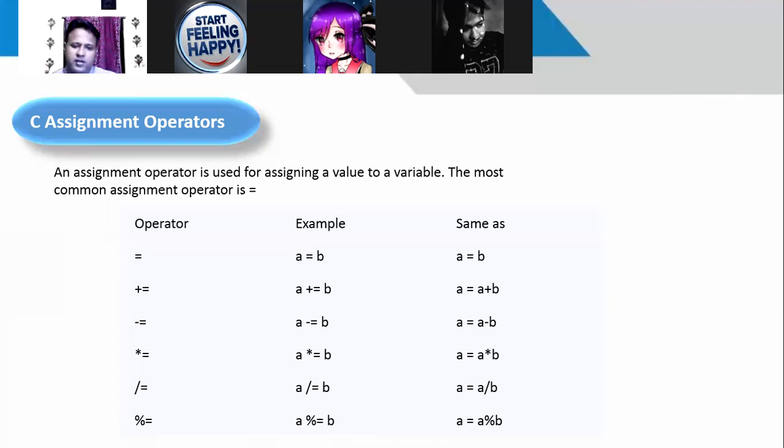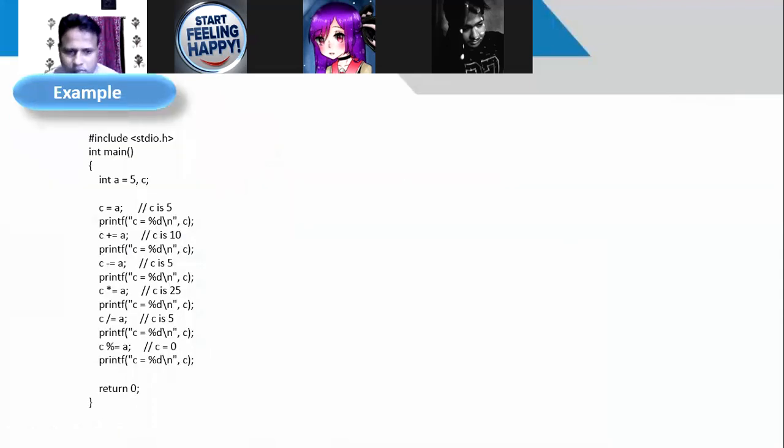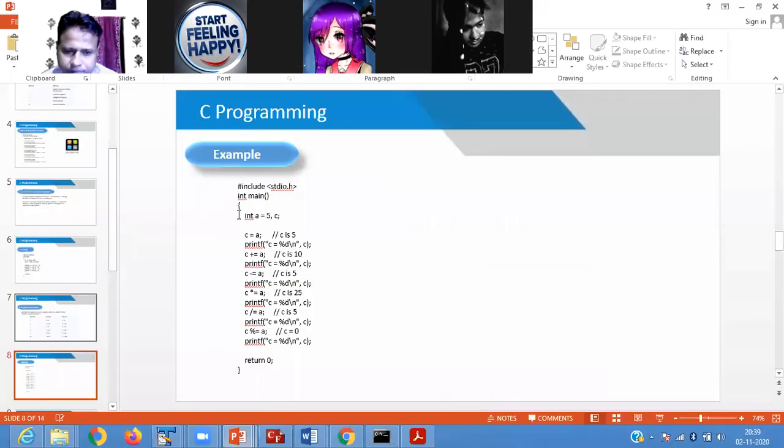Okay. So equals to is a equals to b, plus equals to is a equals to a plus b, minus equals to is a equals to a minus b. Then a multiplication equals to b means a equals to a into b. A division equals to b means a equals to a by b. A modulo equals to b means a equals to a modulo b. That is the complex assignment operator we are using. Now we go for the